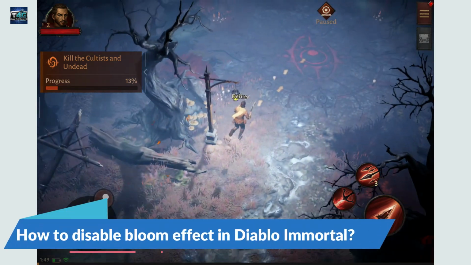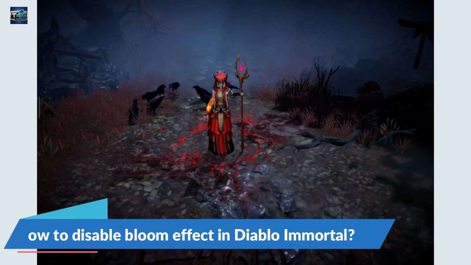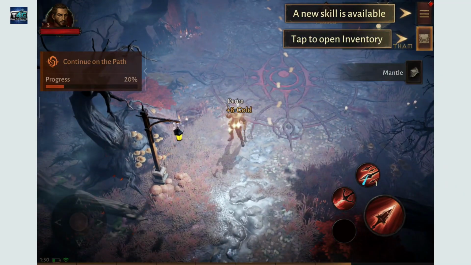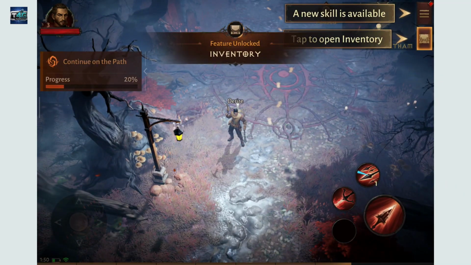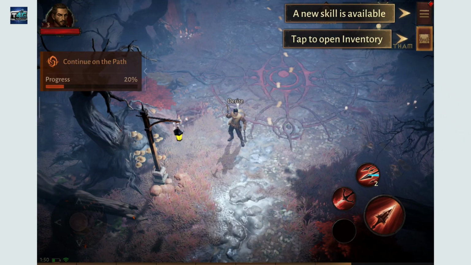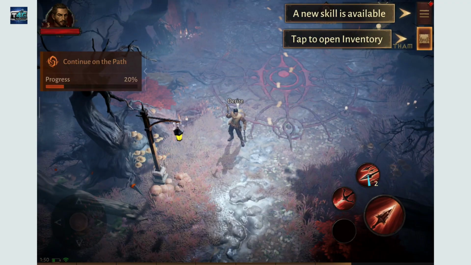How to disable bloom effect in Diablo Immortal. If you are looking for a way to disable the bloom effect in Diablo Immortal, then the process is quite easy. First of all, open the Diablo Immortal game on your device, and once you're inside the game main